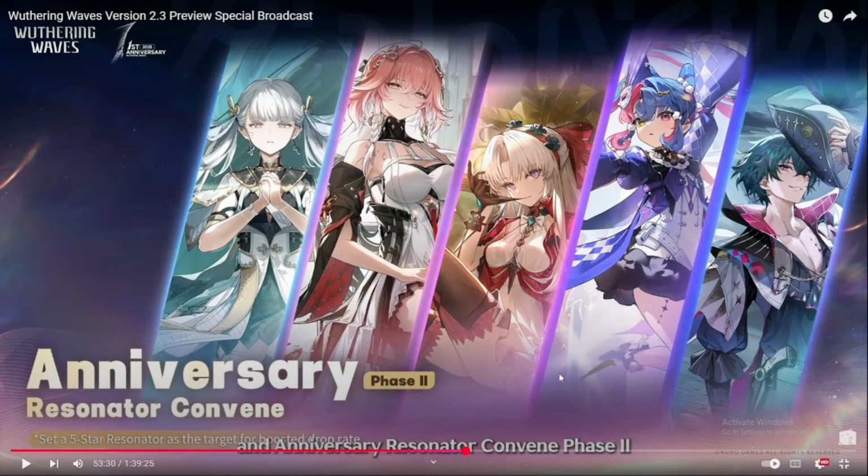Hello everyone. Today in this video we are going to talk about who you should pull in the phase 2 version of Wuthering Waves. In the phase 2 anniversary banner, we are going to get 5 characters, 5 resonators. Number 1 we have Genshin. Number 2 is Changli. Number 3 is Carlotta. Number 4 is Rosia. Number 5 is Brant. So we're going to talk about who you should pull